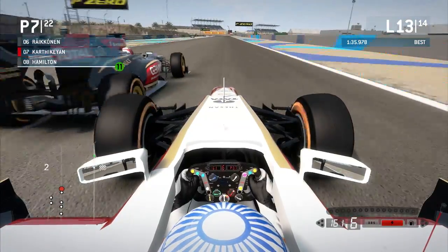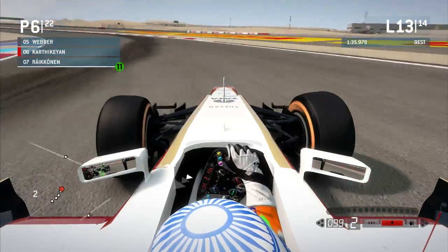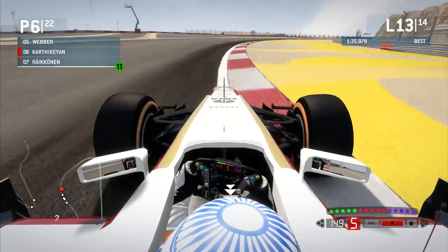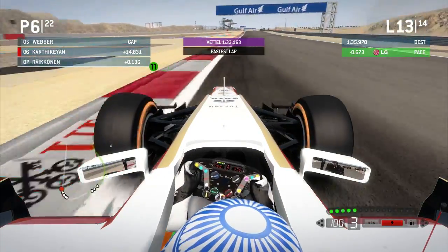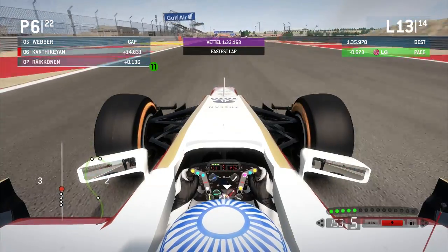But now we've got Kimi Räikkönen, who's trying to go up our inside coming into the middle sector. We go around the outside of him. He just had a compromised line coming into that corner, and we were able to swoop around the outside and get the position back fairly impressively though, because the HRT doesn't have that much aerodynamic performance, so pretty happy with that move, as Vettel does a 133.1,